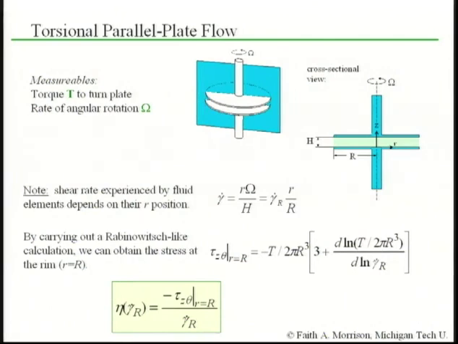The parallel plate flow: these plates are typically about 1 inch in diameter. They can go up to about 40 millimeters in diameter. The gap between the two plates is typically 1 millimeter, 1.5 millimeters. And so they have the advantage of using a very, very small sample size. This flow is also a problem with respect to shear flow, because although it is one plate sliding over another, there